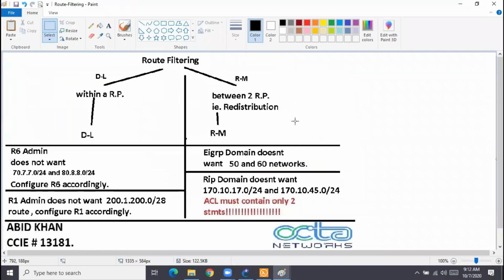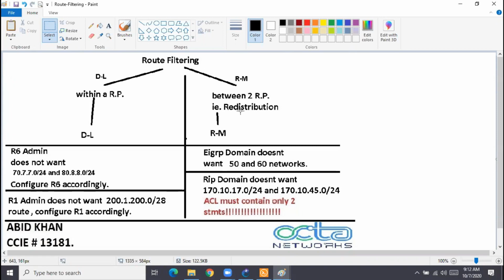For route filtering, you have the distribute list and the route map. When will you use a distribute list? Within a single routing protocol. If you have only a single protocol, you can use a distribute list. And when can I use a route map? Between two routing protocols, that is, redistribution. When we do redistribution, say OSPF is getting 100 routes from RIP, but I want to send only 50 routes.